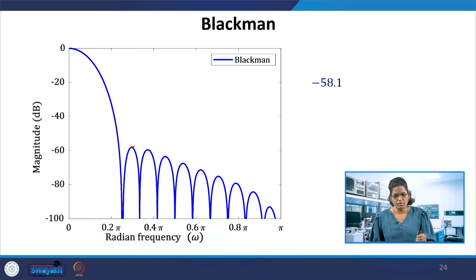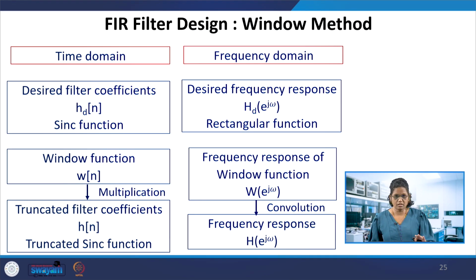So what is the problem with this main lobe width and the side lobe width? We need to know the characteristics as we taper. The width will increase and the suppression is good, the leakage will be good, and the roll-off rate is also good. And how will these characteristics affect the design of the FIR filter? So let's look at the FIR filter design, how we will be using these window functions